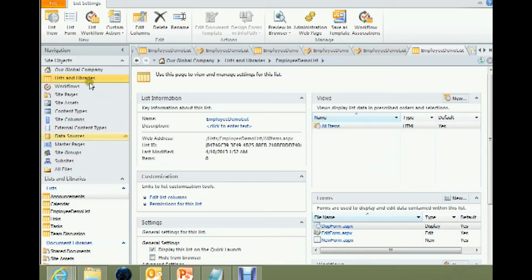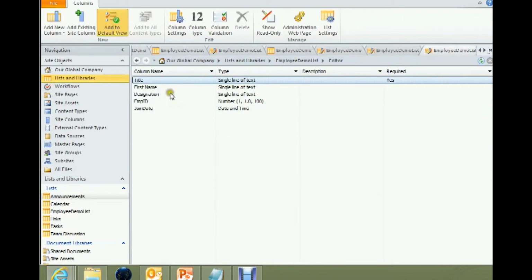Now inside my Lists and Libraries page, I will go for Edit list columns. Once I click on it, I should be able to see the first name, designation, employee ID, join date, and title. Now I'm going to rename the title. Right click and give Rename, and I'm going to rename it as Last Name.